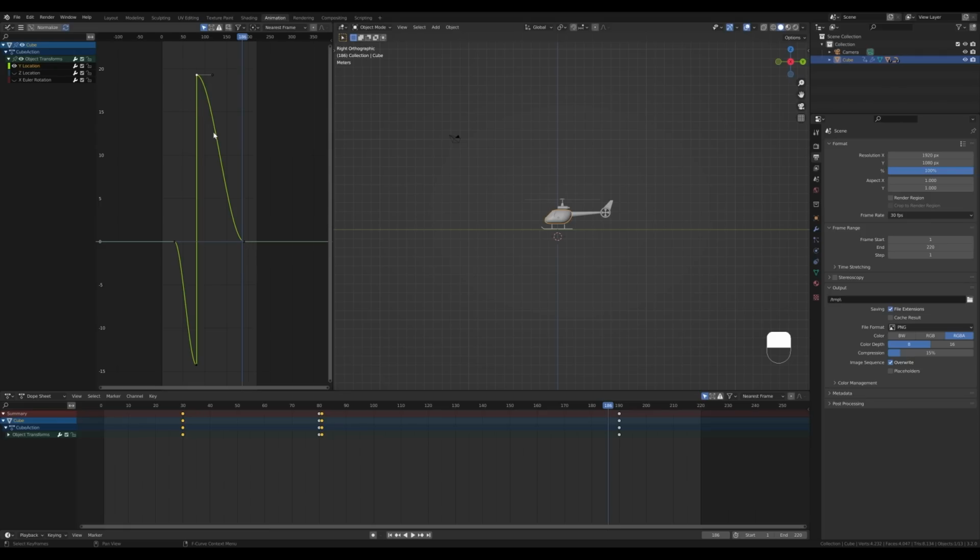Now I want this returning movement to be more rapid, so it kind of goes in at speed already. So let's select this handle and move it down like this, so the helicopter is already accelerated and decelerating when returning. So it kind of goes out and then very quickly returns.